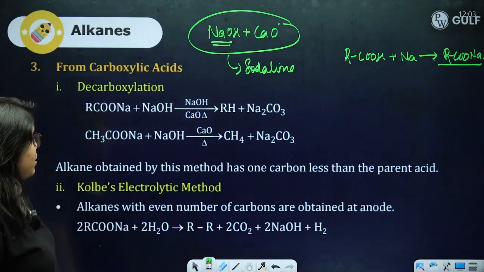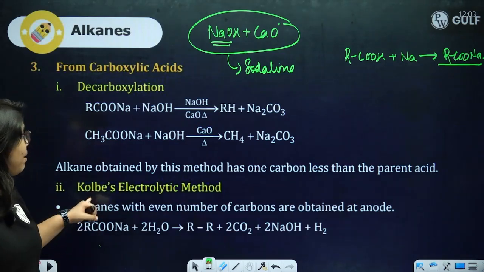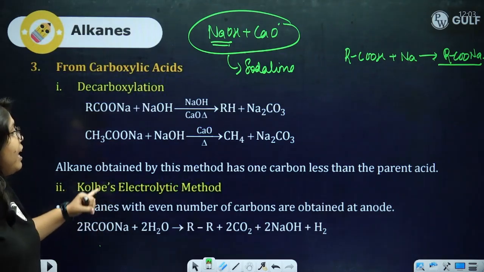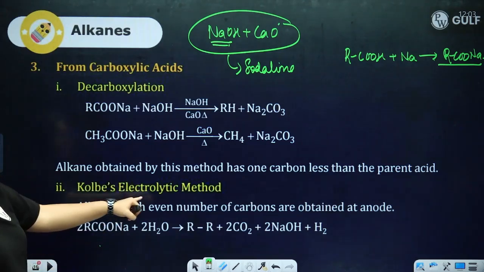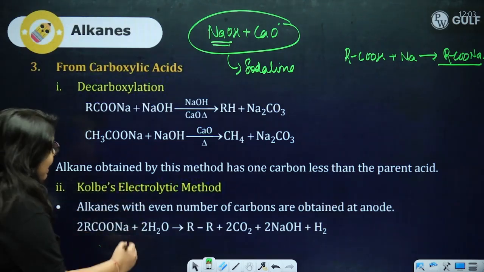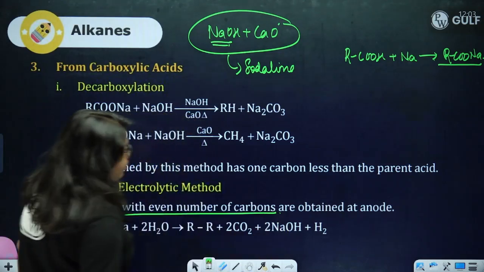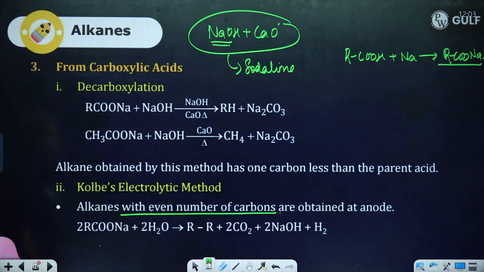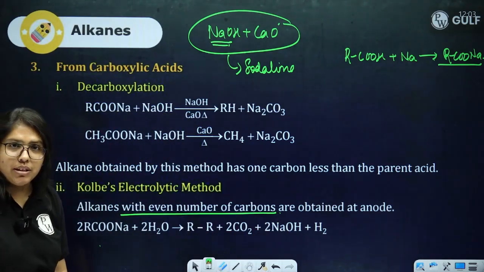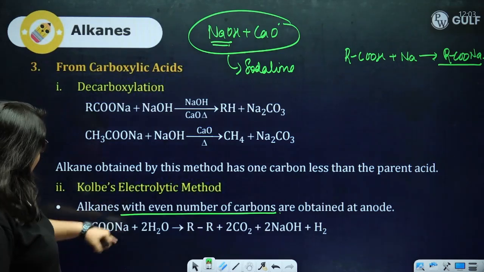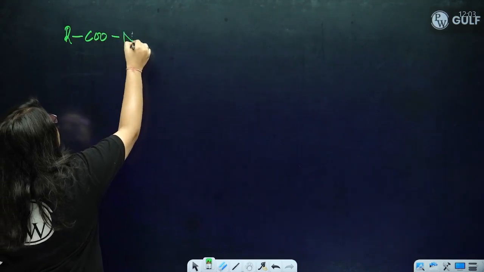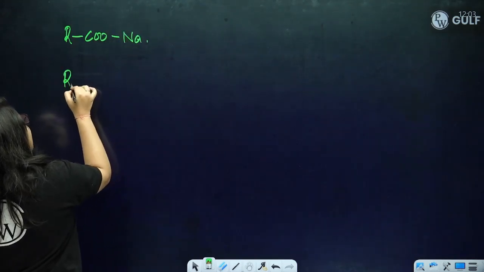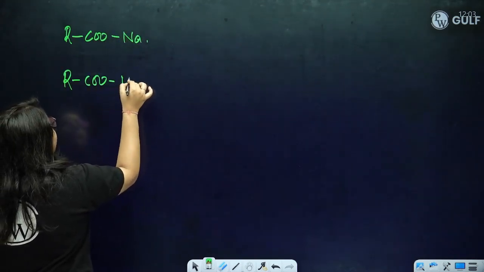Now the same sodium alkanate is used in Kolbe's electrolytic method, and we get alkanes with even number of carbon atoms from this. How does this happen? Let's take this example of RCOONa. This way you can remember it, beta. RCOONa